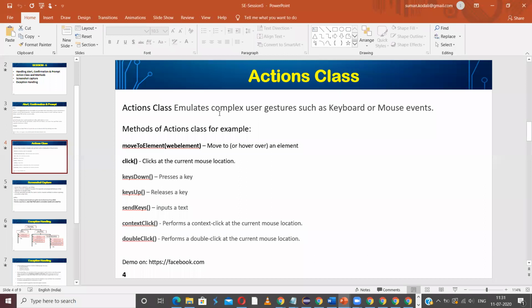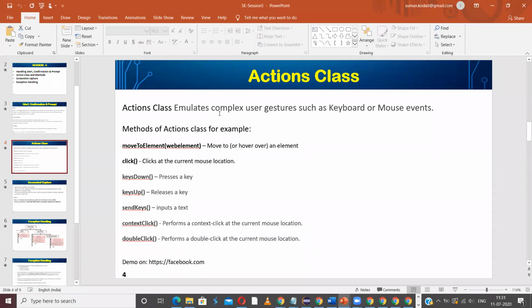So the user has to move the pointer or hover over a particular menu. That is a user event, which the user has to do using a mouse. And also pressing the shift key and clicking other letters in order to type capital letters, that is also user interaction with the keyboard.